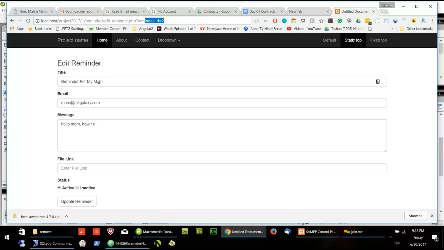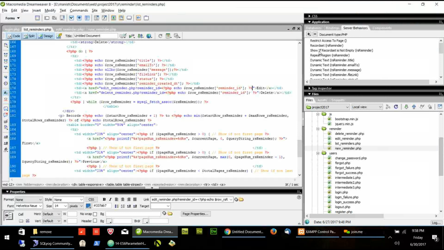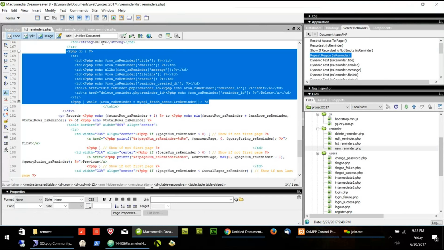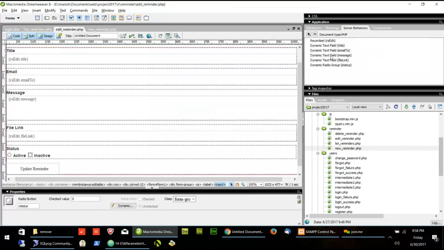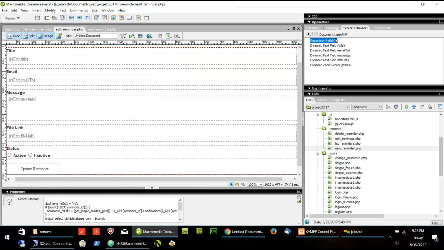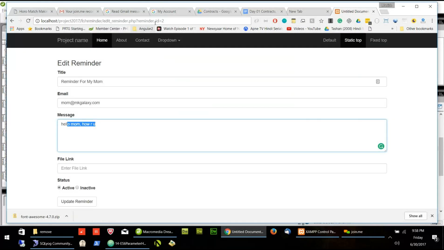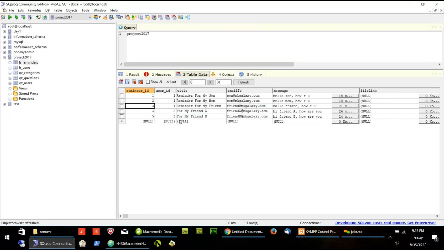And all the data is pre-filled. How the data is pre-filled? The reason is I choose the record set, and because of the record set, I choose this record set RS edit. Because of this record set, based on the ID, I am fetching the data from the table. I am getting the data from the table.